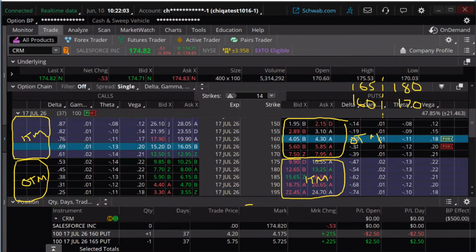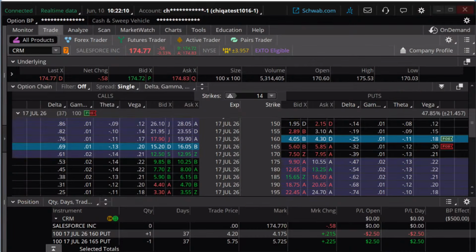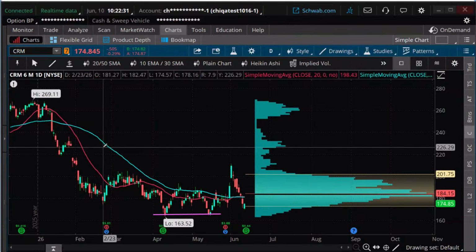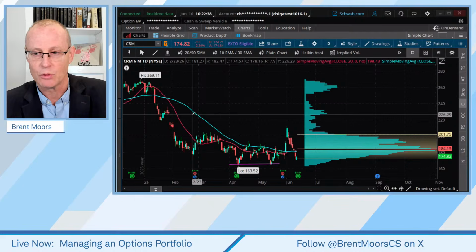So yes, on the short put vertical and the long call vertical, the strikes are the same in our first example we were looking at. The strikes are the same. And the one that's short is the same, but one of them's out of the money, one of them is not. Okay, so that's the rationale on those out of the money contracts, why we do our short verticals out of the money. That's one of the main reasons why we do that.